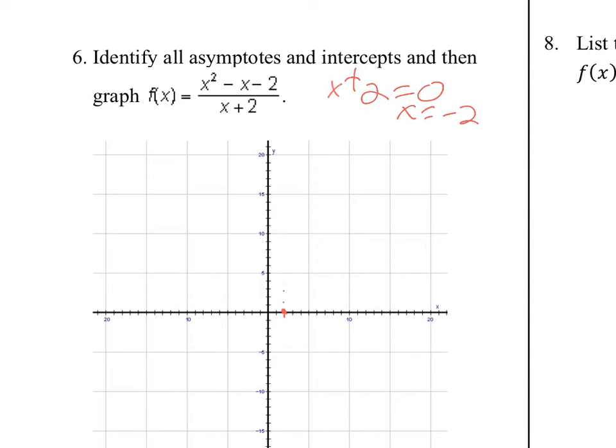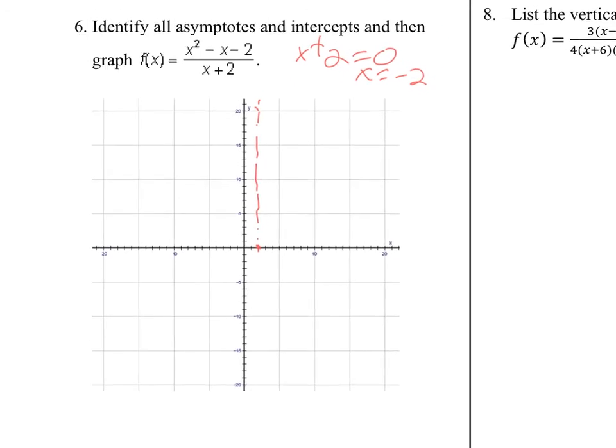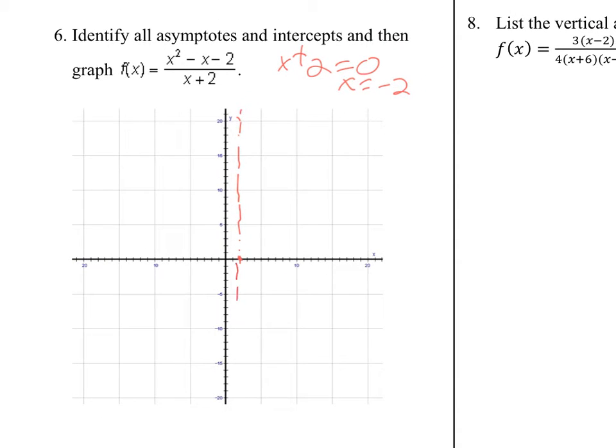That's my asymptote. Okay. Let me get this all on my graph. And this, just in case I'm not accurate with my drawing, I'm going to write the equation here so that